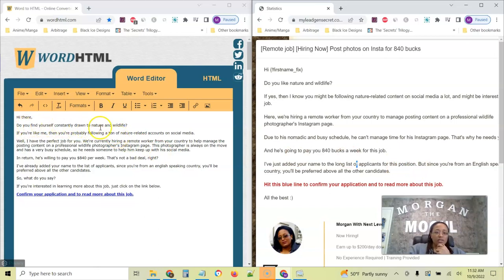Do you find yourself constantly drawn to nature or wildlife? Do you like nature and wildlife? If you're like me, then you're probably following a ton of nature related accounts on social media. If yes, then you might be following nature related content on social media and might